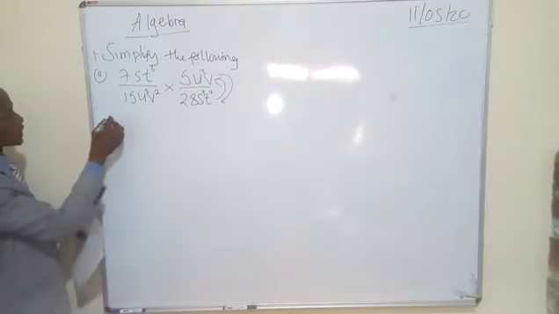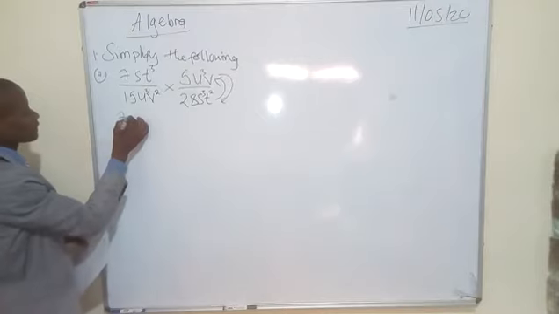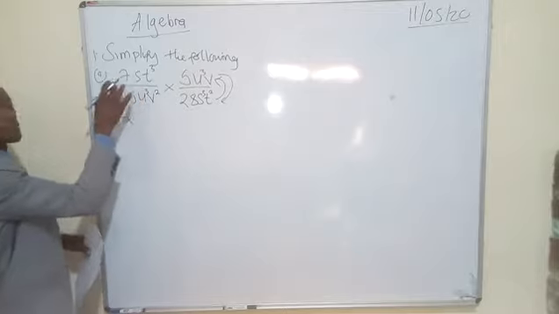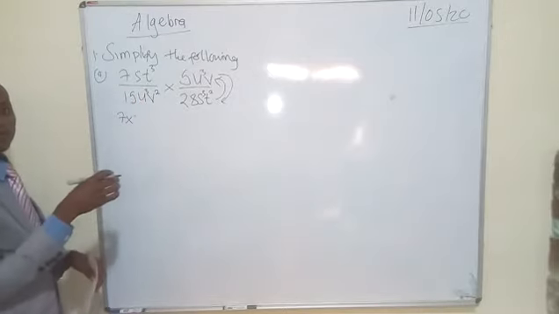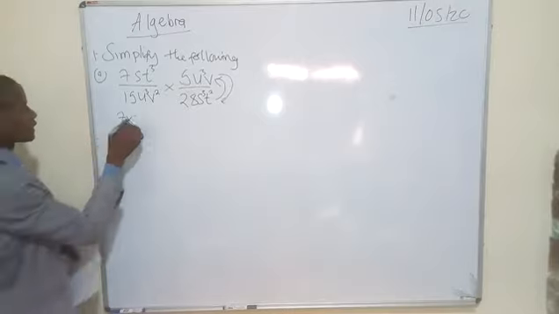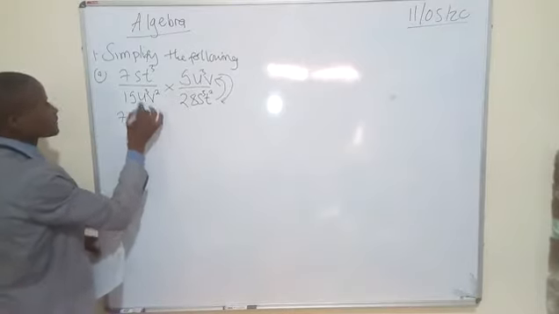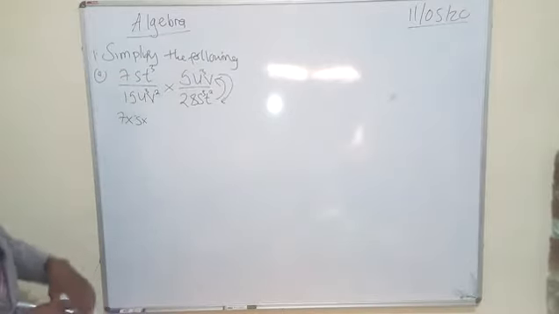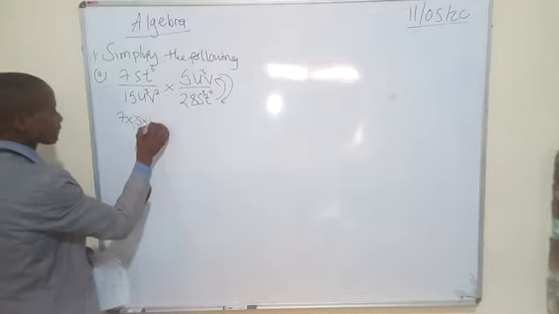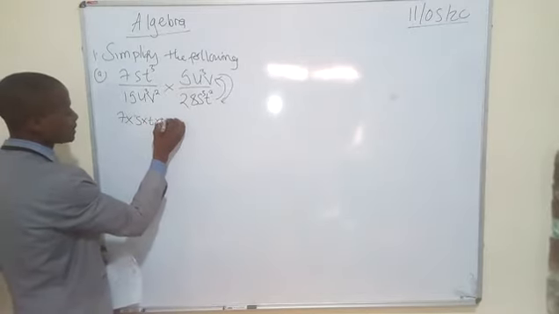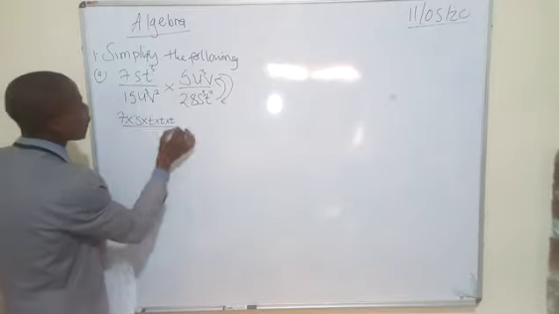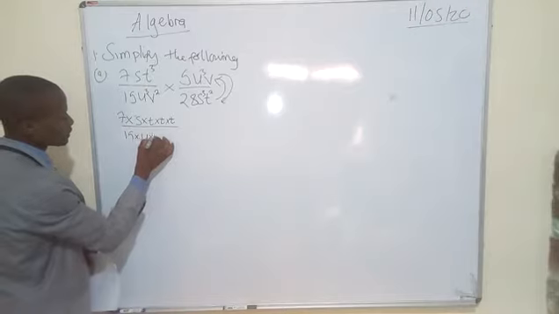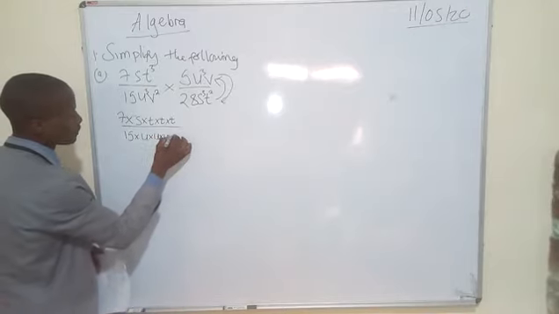So what you're going to do there is 7 times, so when there's no sign there, it means you're multiplying 7 times s there. So now I have to show that when you're expanding, you have to show the times. So 7 times s times, here we have 3 t's. You multiply it 3 times, you're going to get t cubic. So we have s times t times t times t over 15 times u times u times u, then times